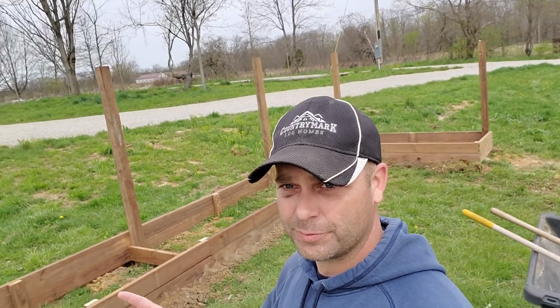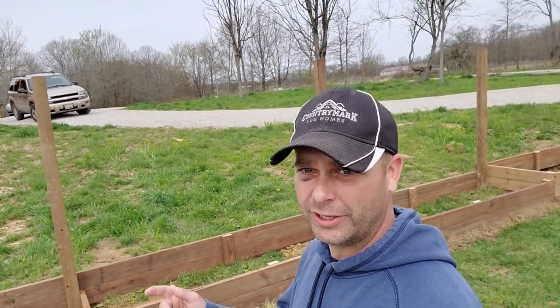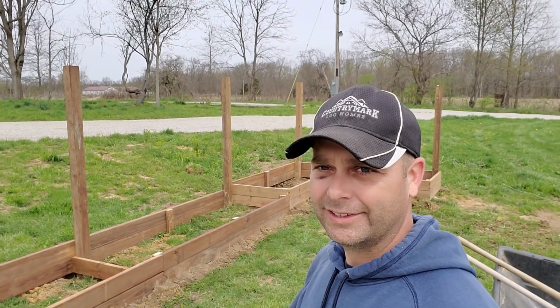So what I want to do before I build any more raised beds is fill up this raised bed right here. This raised bed is 24 feet long and 3 feet wide. That's 66 cubic feet of potting soil that I need to put in this raised bed. And organic potting soil is ridiculously expensive. So I'm going to try to mix up my own potting soil